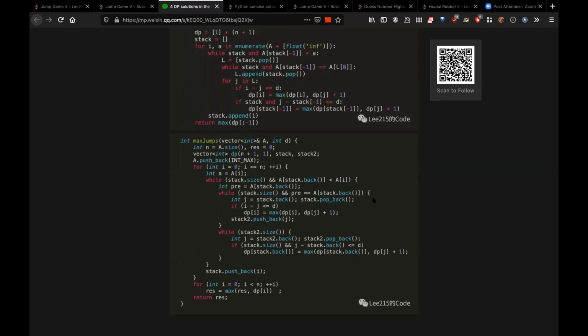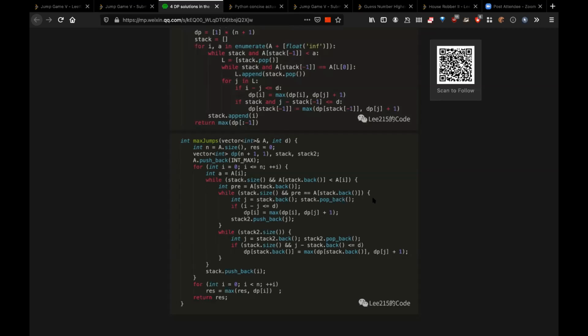That is, therefore it is stack dot back, and stack 2 dot back. Oh, we are using two stacks and both of them are actually vectors. It looks very different, but an interesting one, right? So he's maintaining an extra stack for, I think, only the equal values, I guess.